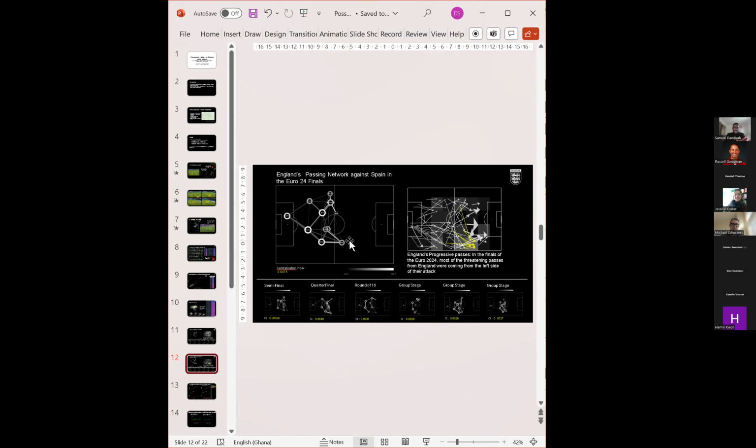So the combination between Jude Bellingham and Harry Kane were the spots where England achieved a lot of expected threat, and they also achieved a very good number of expected threat from their right side of attack, where Bukayo Saka was also actually there. And you can clearly see, as compared to Spain, Spain had a lot of progressive passes, but England did not necessarily have a lot of progressive passes, but they looked threatening anyway. And most of their progressive passes were towards the direction of Bukayo Saka, and that is where they achieved a lot of expected threat going forward in attacking.